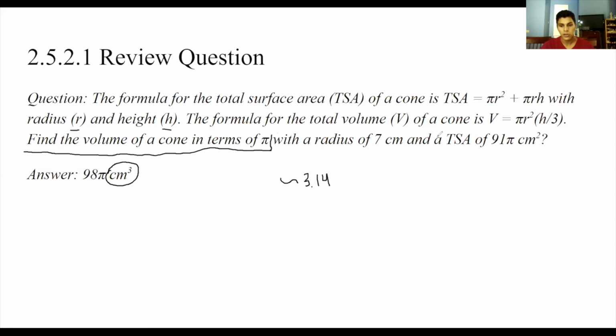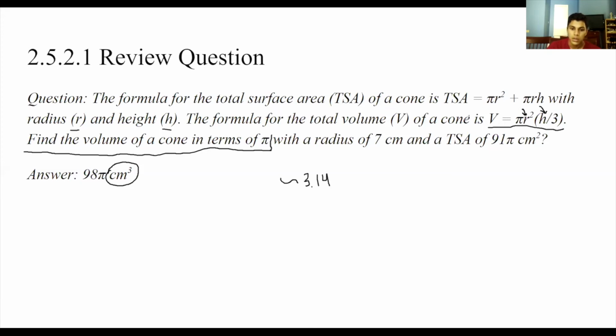Well, in order to find the volume of a cone, and it gives us this formula for the volume of a cone, I need to know pi, which I already know that since I'm expressing my answer in terms of pi, I can just leave that be. All right, what else do I need to know? Well, I need to know r squared, or specifically r, and I need to know h. Okay, so I need to find r and I need to find h in order to find the volume of